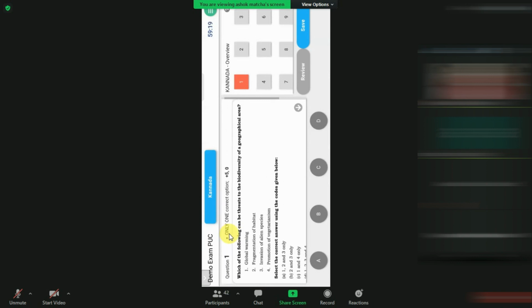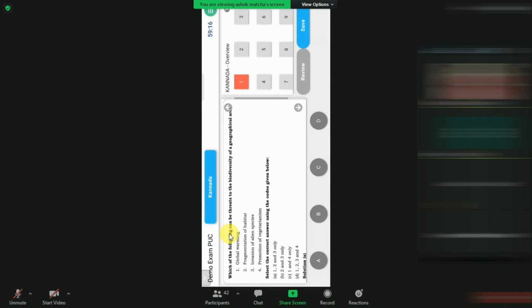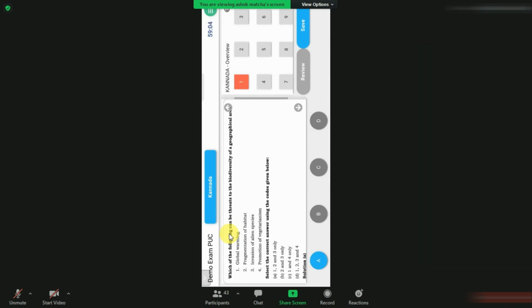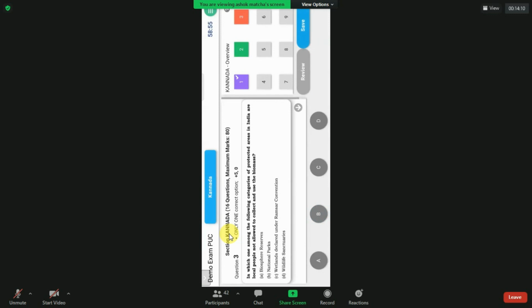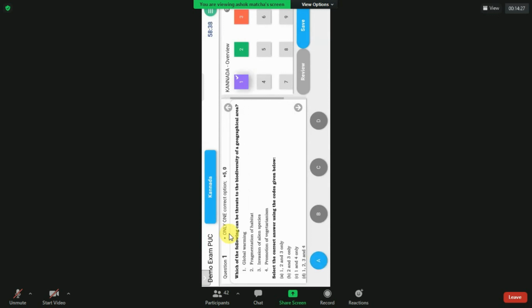So in this way, you have the questions and you choose the answers. For choosing the answers, see, first option is A. I select it and finally, you have to save it. You have 2 options over here: either save or review. If you click review, the color will change. Next one I am giving as B and saving it. Saving is green in color. The question you are about to answer is red in color. And if you are marking for review, it is purple color. If you are marking for review, it means you are not confirmed about the answer. So after the end of the exam, you can go to that question again and change it.